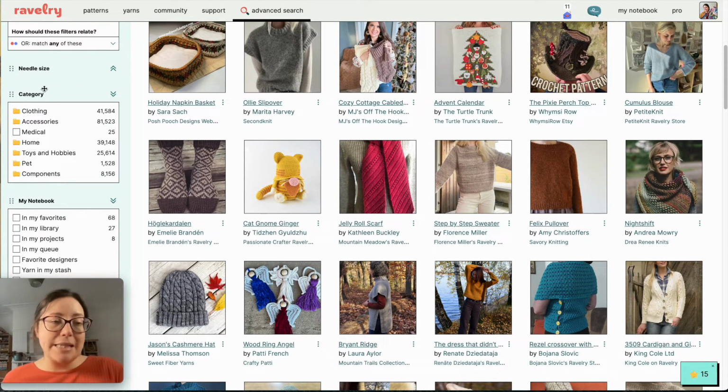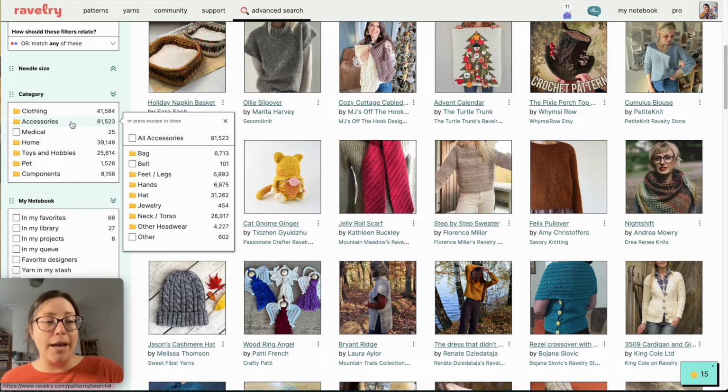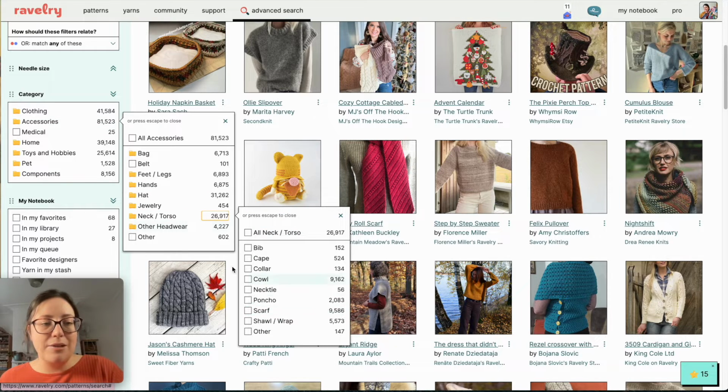So we've got needle size, category. So say I want to make someone a crochet scarf, for example. So I would click here on category to accessories, over to neck and torso, and then down to scarf. There are a whole range of different categories for patterns on Ravelry, so have a look through and see what you can find in there. But for this tutorial we're going to click scarf,